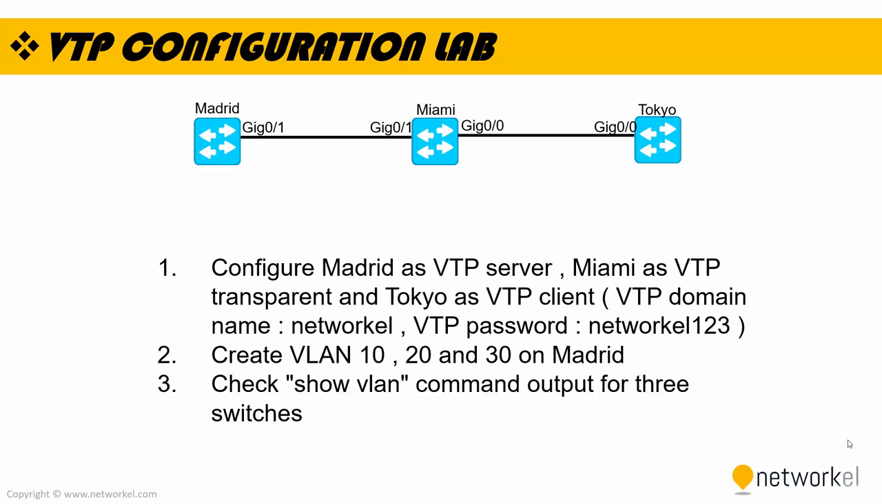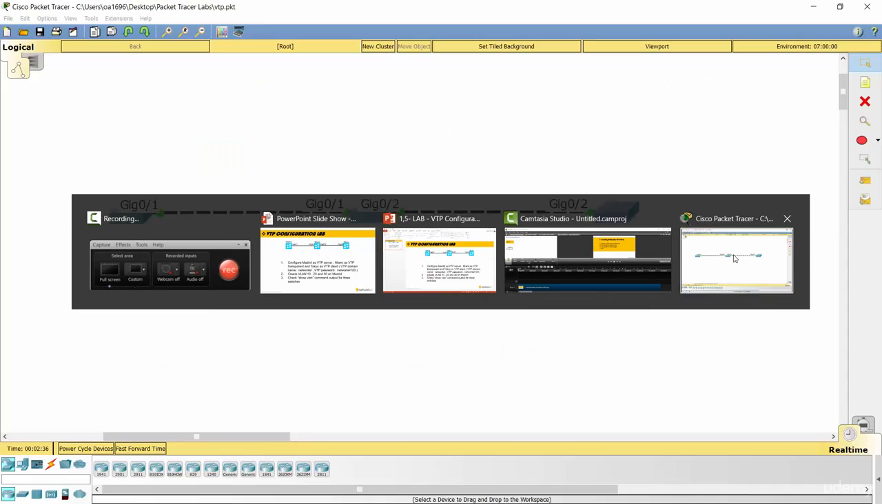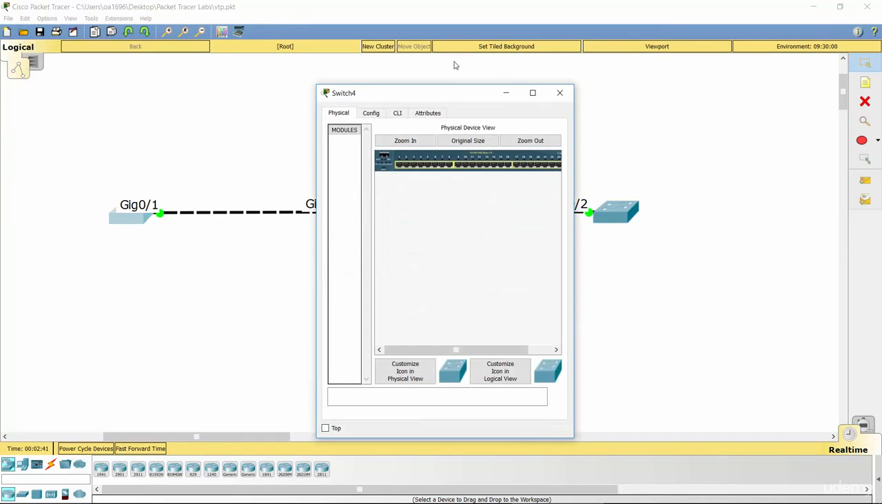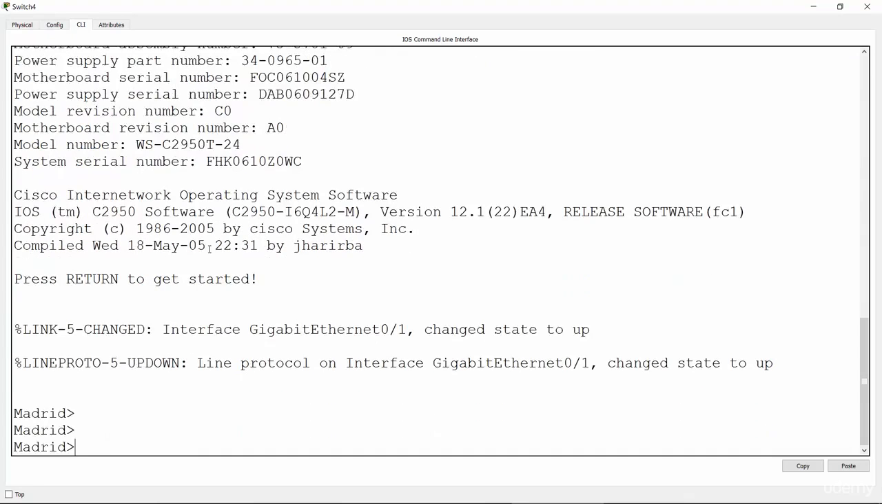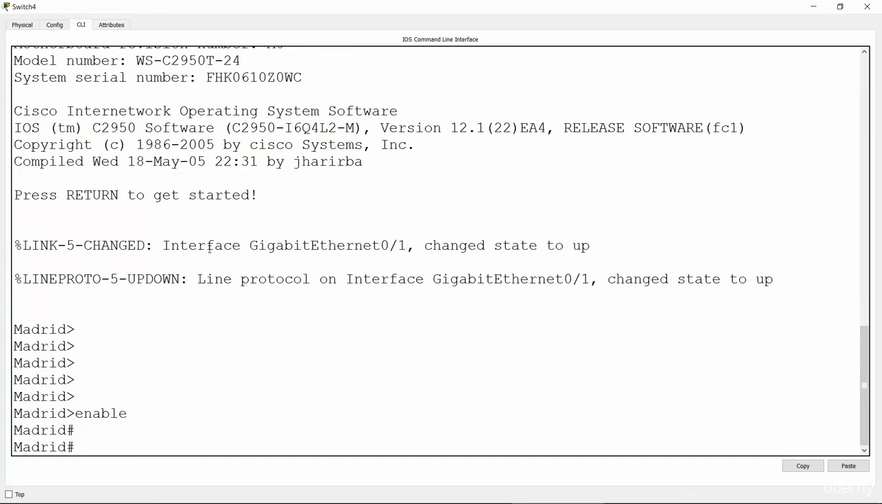Let's go. Configure Madrid as VTP server, Miami transparent, and Tokyo as the client. I'm opening my Packet Tracer and I'm in the Madrid right now. Alright, let's go. Conf